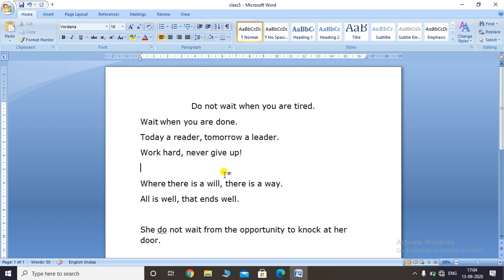Now coming to the second option, that is Spelling and Grammar. Sometimes you may commit spelling or grammatical errors while typing a document. So this tool in MS Word checks for such errors and suggests correct spellings or grammar. A spelling error in a document is indicated by a red wavy underline, while a contextual or grammatical error is indicated by a blue wavy underline.